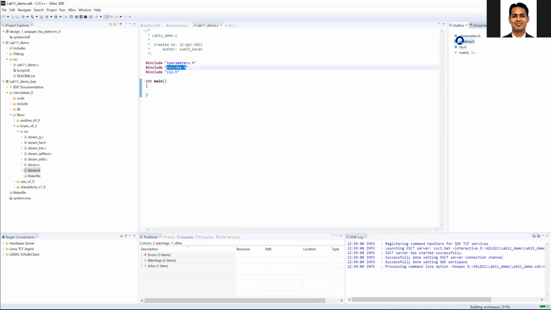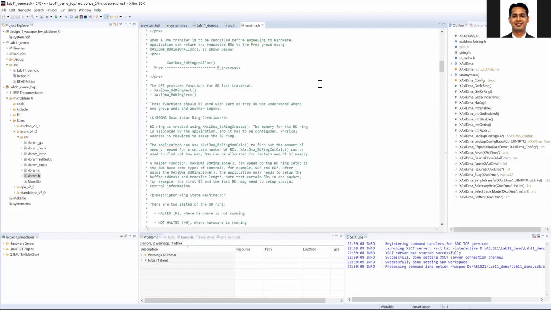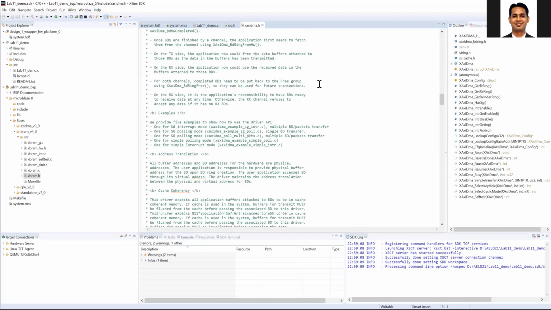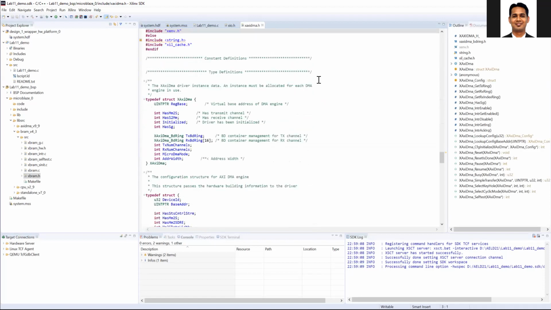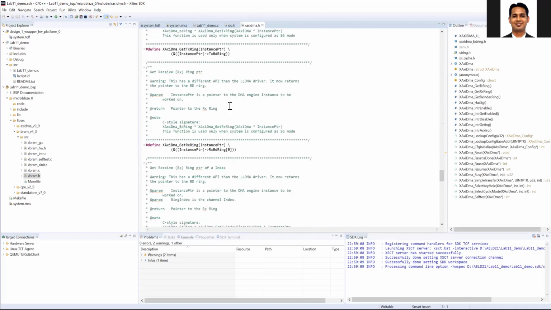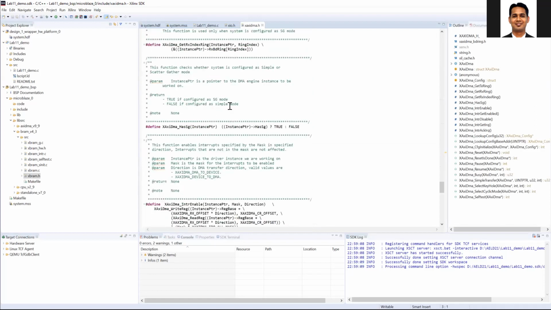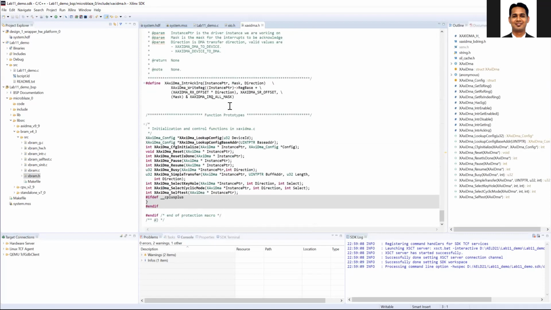So the important thing is the DMA. In the DMA, again, you need to follow the same process. You need to understand the .h file, and then you need to do the appropriate initialization and configuration. Inside the DMA, there are different functions, depending upon whether you use a simple DMA or a scatter gather DMA.